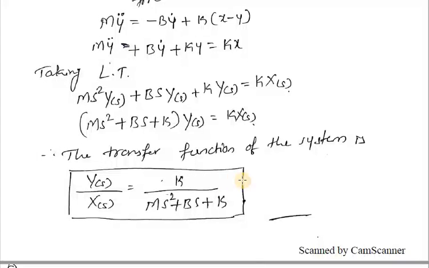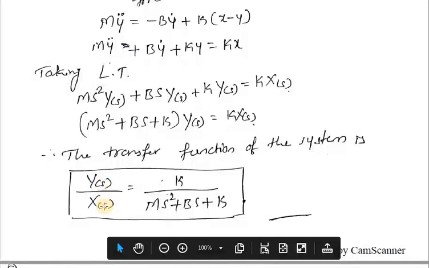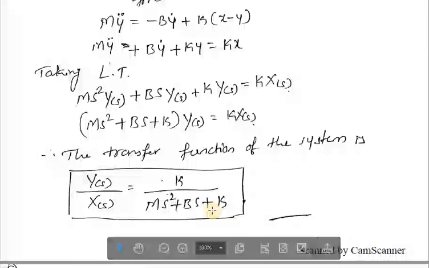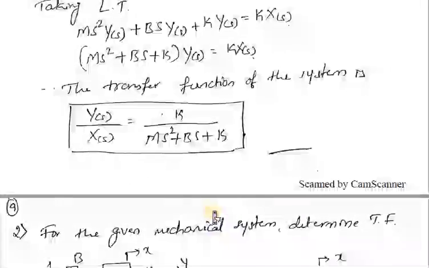So here output is Y(s), input is X(s). Taking that ratio, Y(s) divided by X(s) is equal to k divided by (ms² + ds + k), which will be the transfer function for the given problem. Okay. So now moving further,